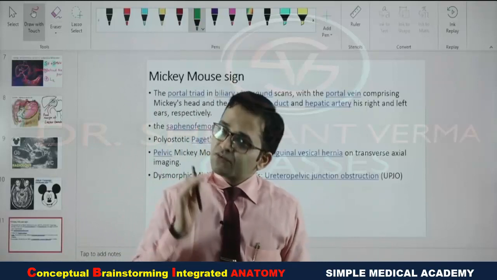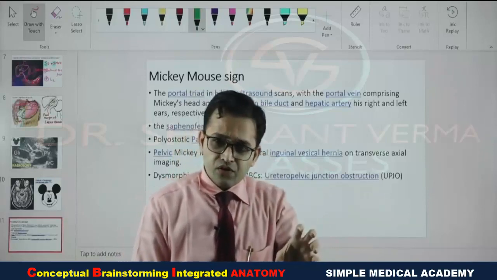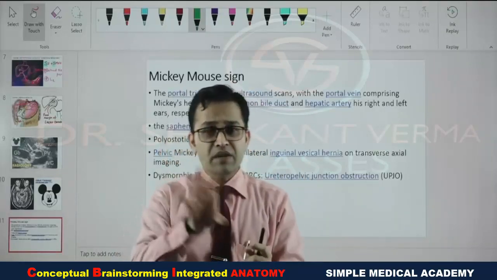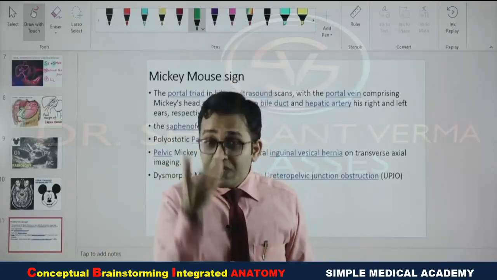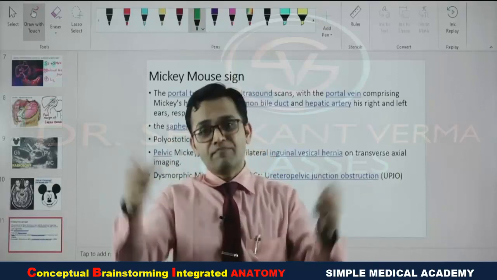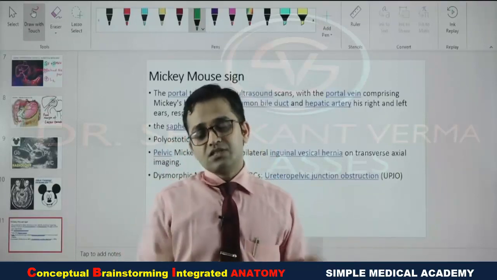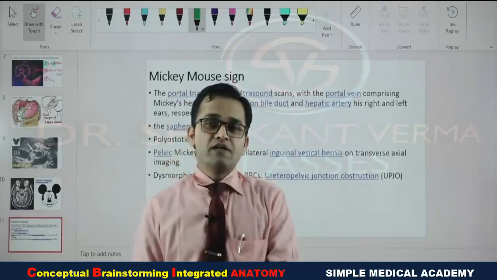So are you getting it? Yes, definitely anatomy is a very dry, hard, boring and voluminous subject. But when you are correlating this anatomy with your physiology, yes, your pathology, your surgery, medicine, radiology, you are getting interest. And now you will be able to keep this fact in your mind for the long-term memory in your hippocampus. So further again we will discuss all these topics. A few parts of the peritoneum we will discuss in the embryology part with the development.